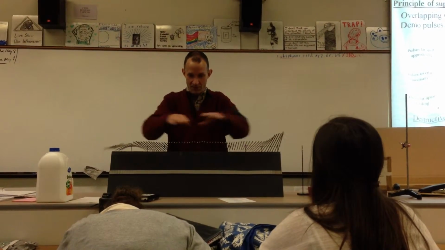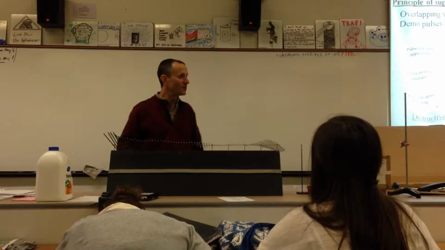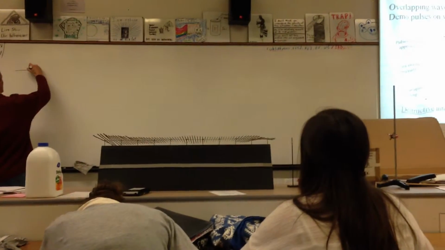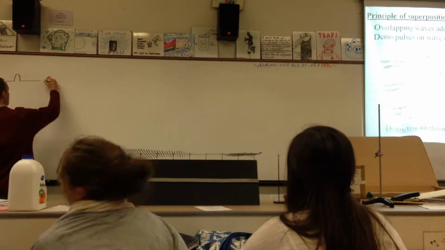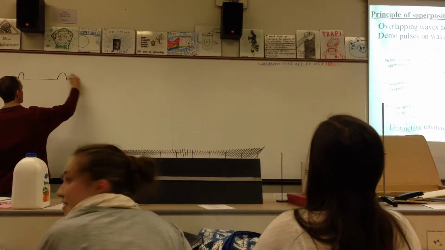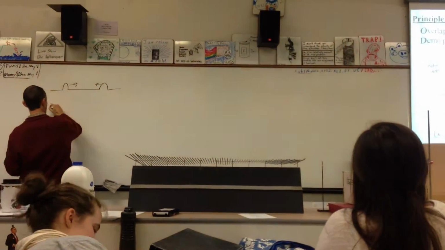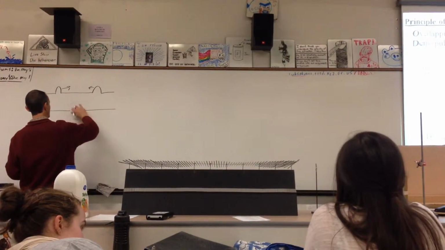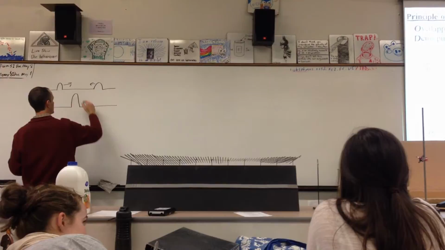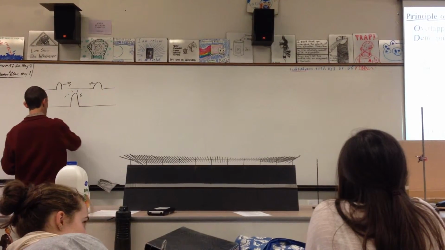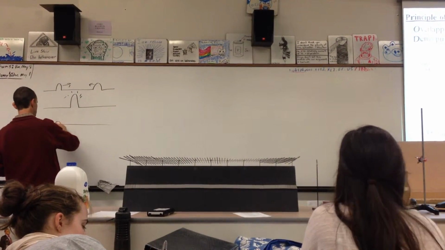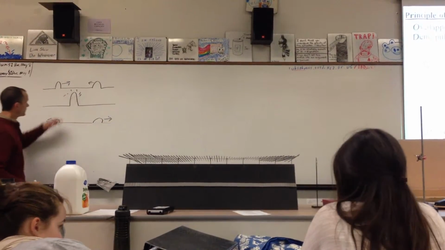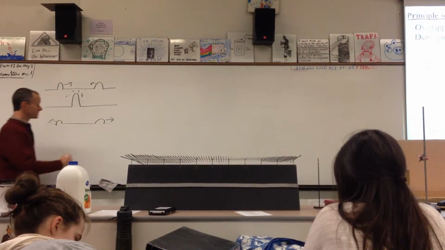So constructive interference is up pulse meets up pulse, right? Going through the rod, it makes a giant up pulse, right? I've got to make that a little bigger. Whoa, I'm the big up pulse, right? Then these guys go this way, so they add up. This is constructive interference.